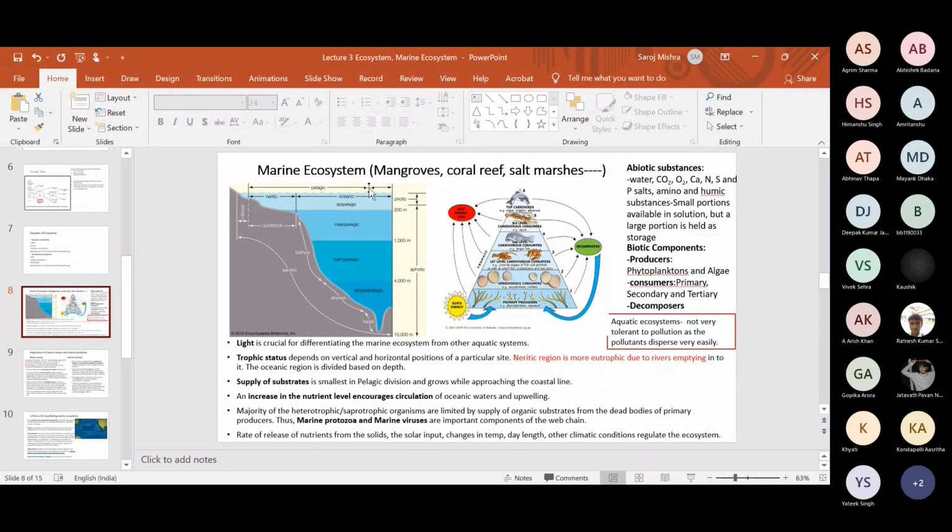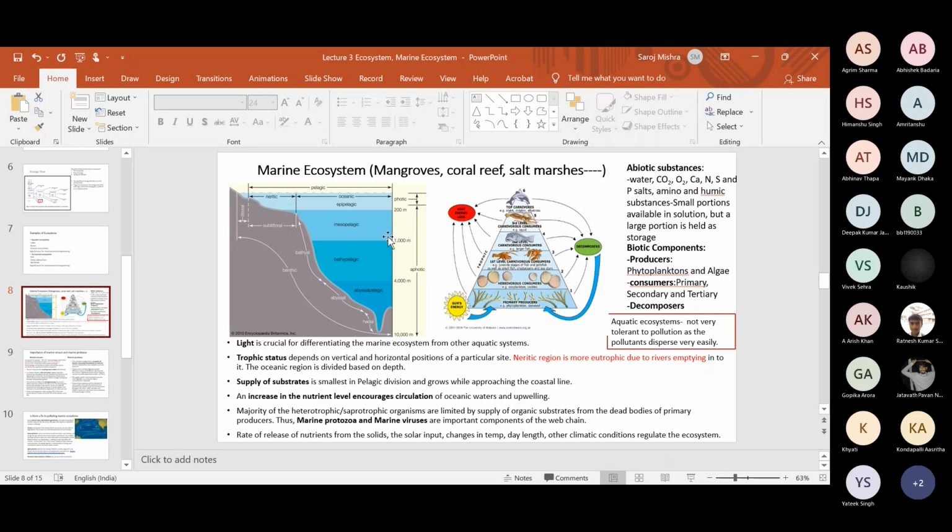So this is entirely the pelagic, the water-containing region, but then there is a neritic region and there is an oceanic region, because of the reasons which I have just explained to you, because it is very rich in nutrients. Okay, and then based on the depth, the oceanic region which you see here is divided into several zones, depending on the depth, for example. So when you go from 200 meters to 1000 meters, this area is called mesopelagic, and so on and so forth. It's not important to remember these, except it is important to remember that based on the depth,